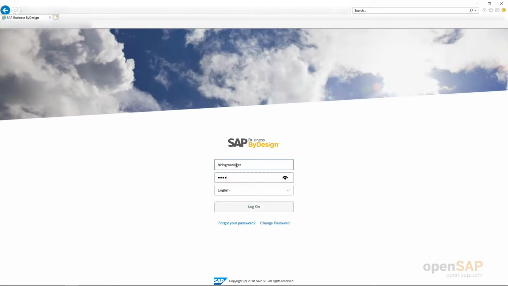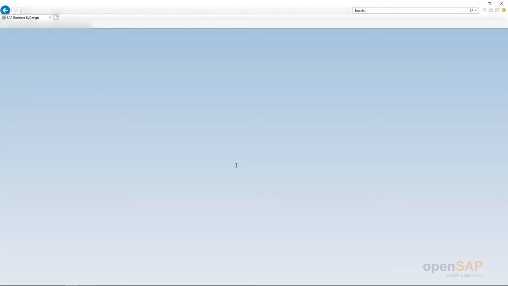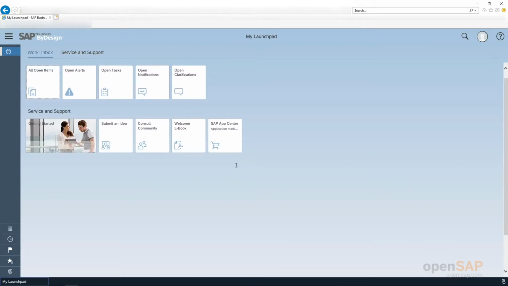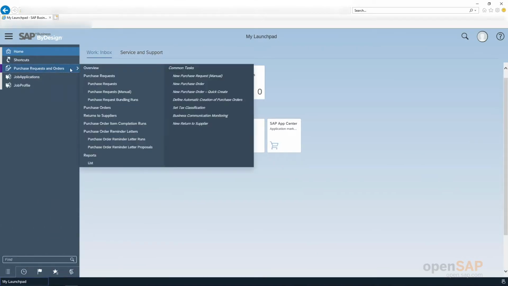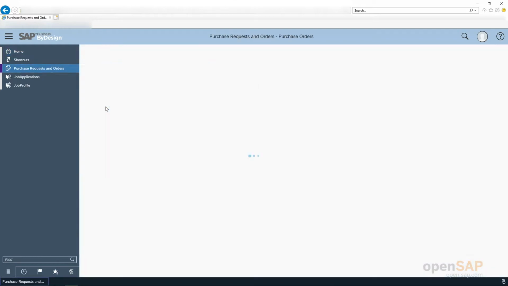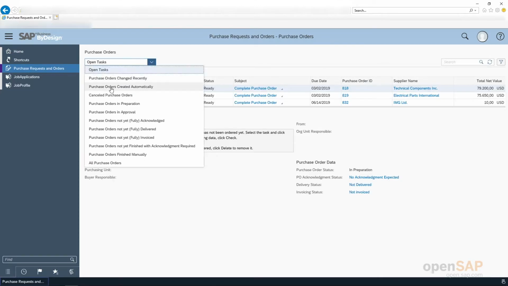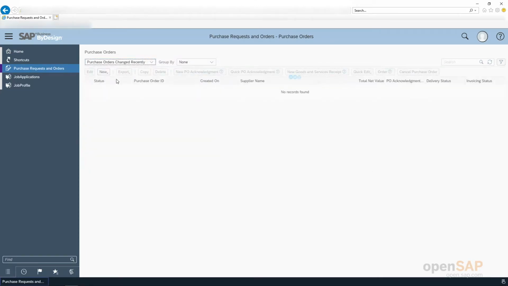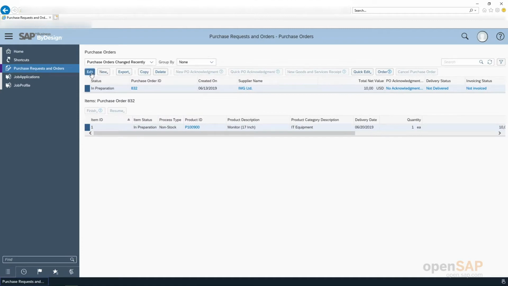Okay, so let me enter the password and log on. You will see those work centers that we assigned also, basically purchase requests, orders and others. Let us go to the same purchase order now and open it and see whether it shows up the prices tab or not. Click on edit.